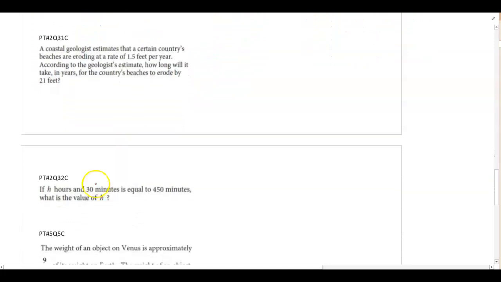Next one. Coastal geologists estimate that a certain country's beaches are eroding at a rate of 1.5 feet per year. According to the geologist, how long will it take in years for the country's beaches to erode by 21 feet? So it's basically, if I look at this, I'm going to take 1.5 feet per year